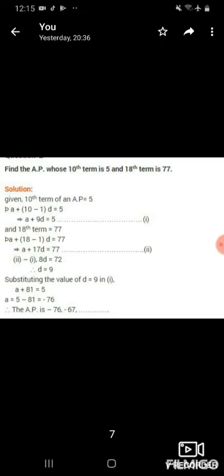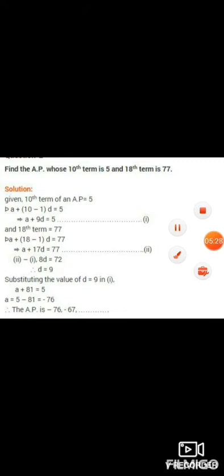And the 18th term is equal to 77. So the 18th term is a plus (18 minus 1)d, that is a plus 17d is equal to 77. We'll solve these two equations, and on solving this, a will cancel, 17d minus 9d gives us 8d, and